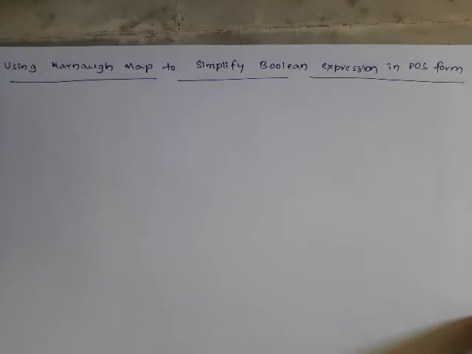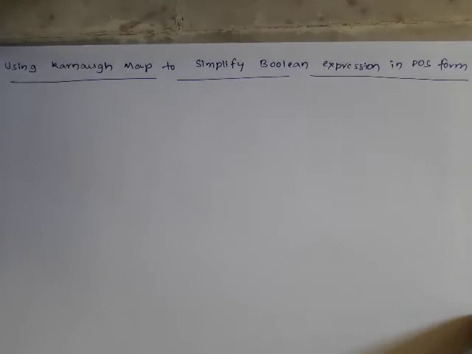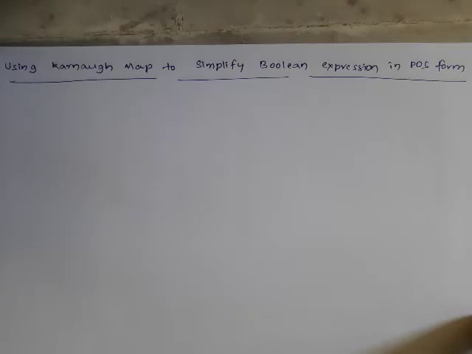When the expression is in SOP form, we construct the K-map and place ones in those squares corresponding to the min terms present in the given function. After that we form loops and express the function as the sum of product terms generated by the loops. So when you want to simplify the Boolean expression in POS form using Karnaugh map, the only thing that changes is